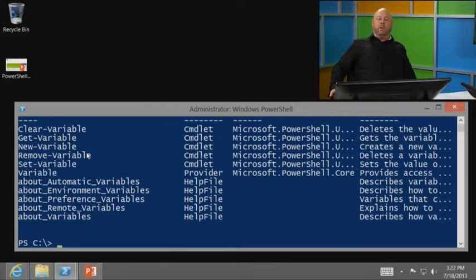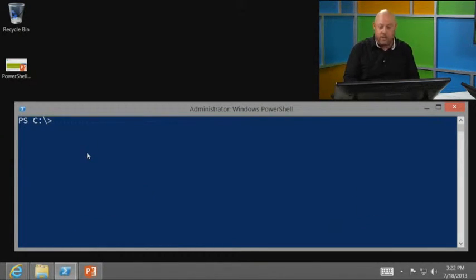We're not going to use any of them. We don't need to. PowerShell makes working with variables really easy. We don't necessarily need these commandlets. So let me show you how easy it is to make a variable. Watch, variables have a $ sign, and there's a lot of reasons for the use of this $ sign. We're not going to get a chance to go into how the parsing engine reads all of this, but this is not the name or part of the name of the variable. It tells PowerShell, hey, something's about to happen, and if it's alphanumeric after it, my var, this is going to be a variable. And if you want to set this variable equal to something, equals,